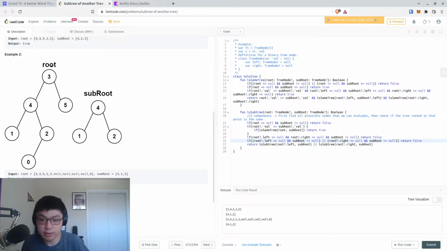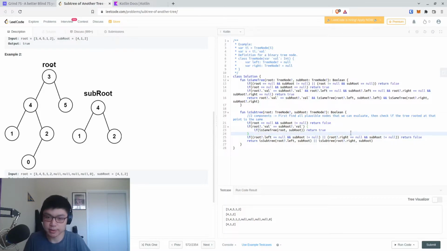Return false. And I think this actually does imply this, right? Yeah, because this is just checking both cases. So as long as one of the cases is, if the left is null or the right is null,